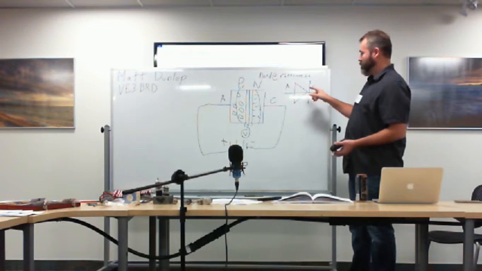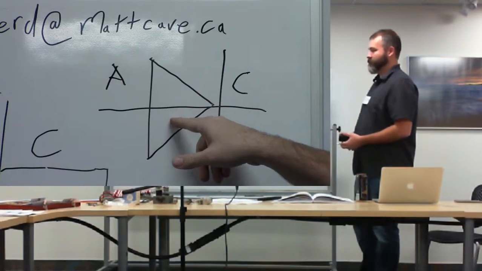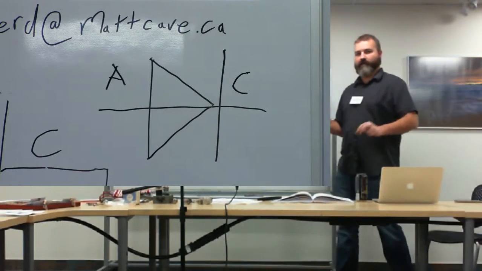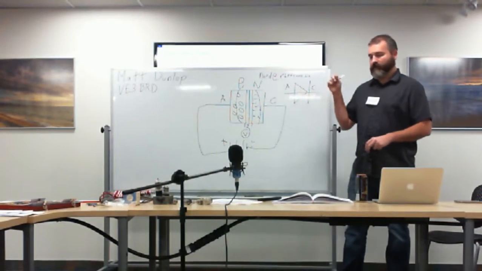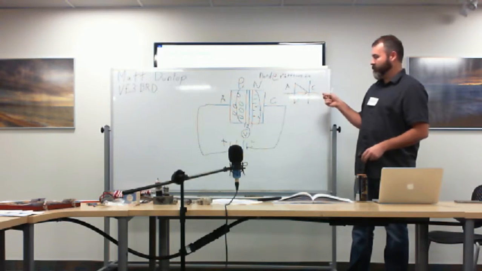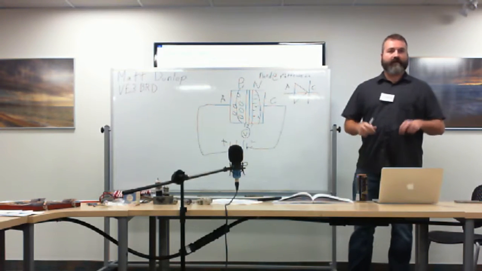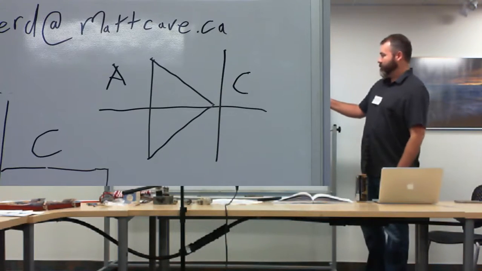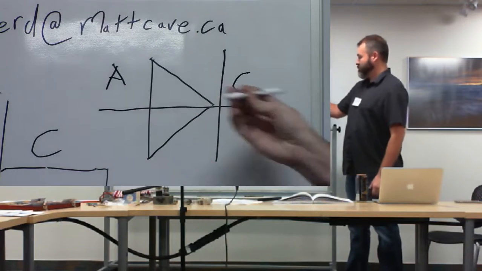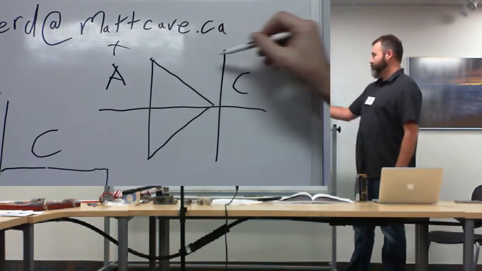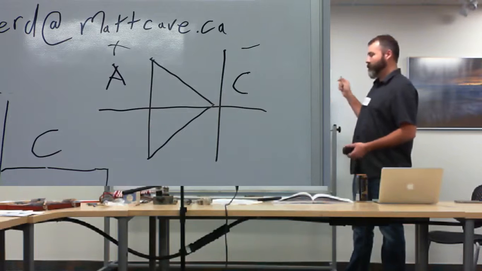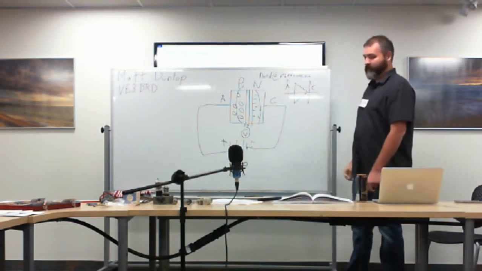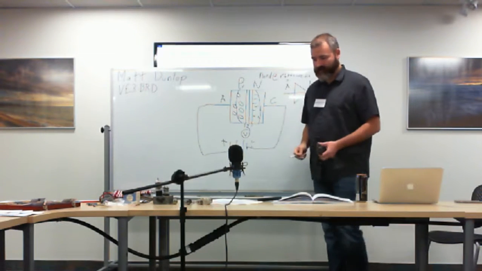Now the way that this arrow is pointing is towards the flow of electricity in conventional theory. In modern theory, we look at electron flow. In conventional theory, they used to believe that electricity flowed from the positive to the negative. And that's why the arrow points this way, because this is the positive side, this is the negative side. Conventionally, that's the way it would go. However, in the real world, electrons flow from negative to positive, so it's actually the opposite. So hopefully I just confused you.